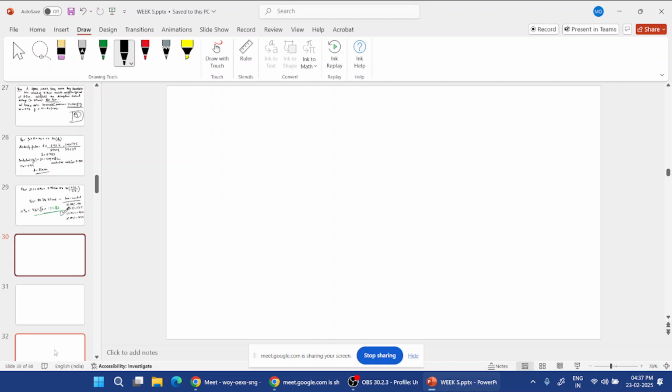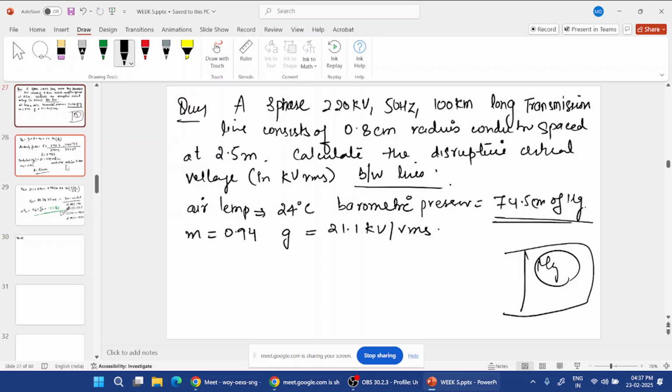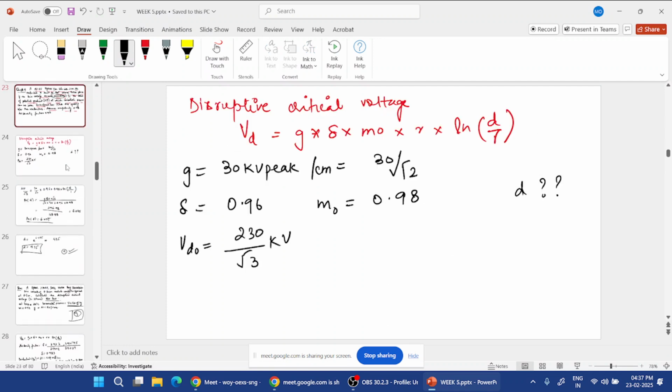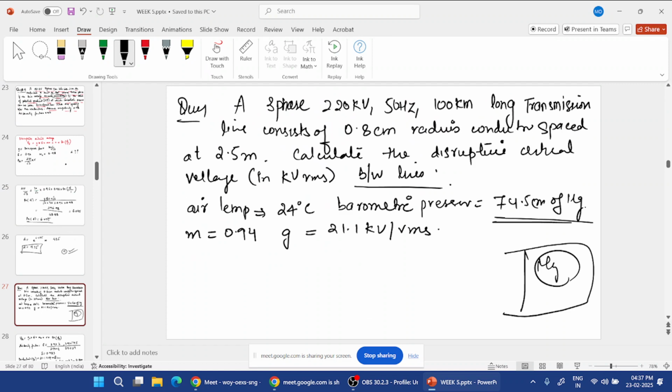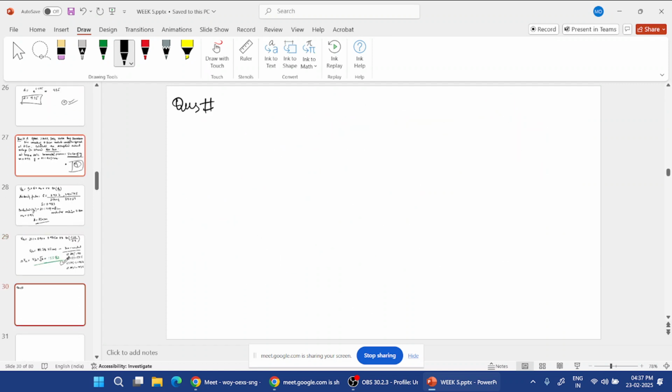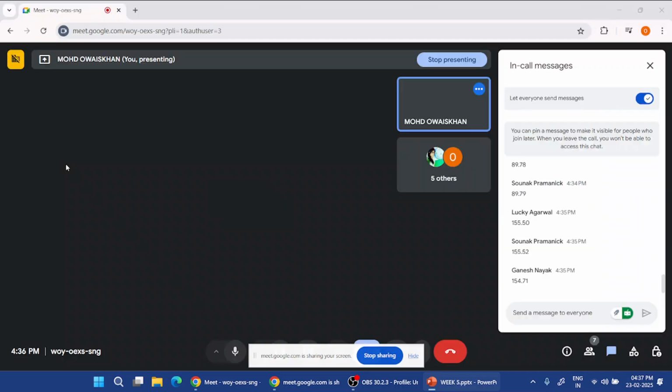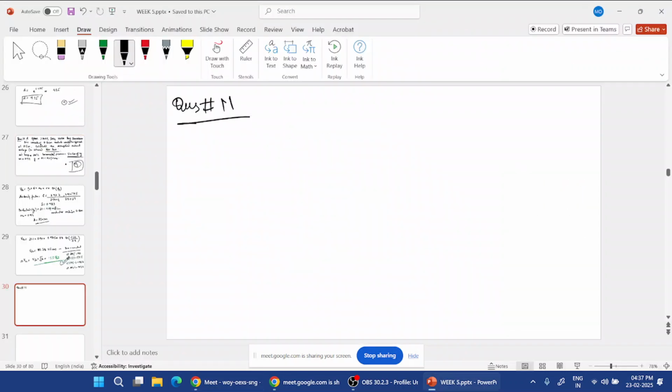Okay, so let me give you another question. Question number 10, 11. Using Peek's formula, using Peek's formula, determine the total corona loss